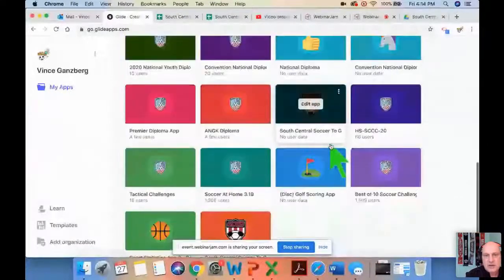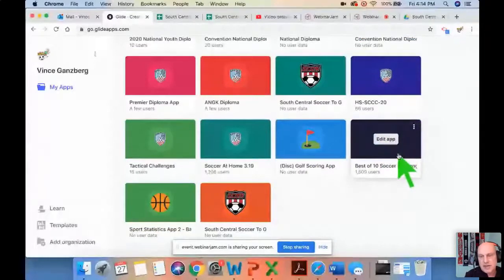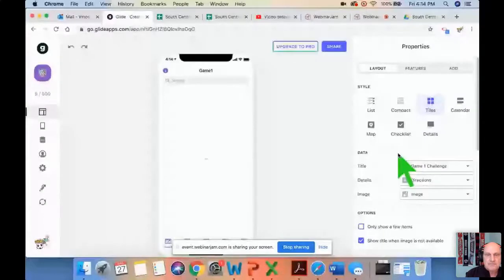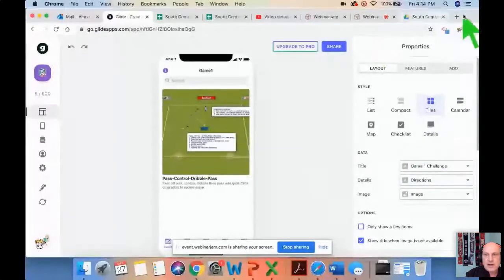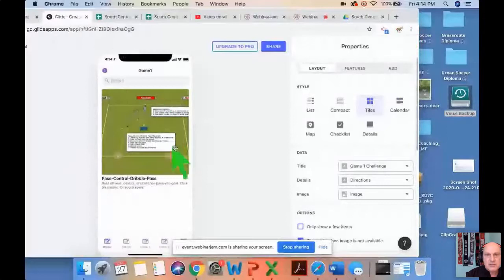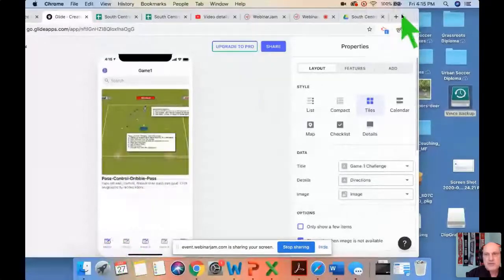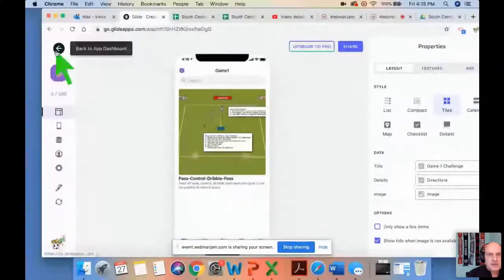let's say, well, just for the sake of this one, so I made this one last week, the Best of 10 Soccer Challenge. So I just put in, and by the way, this image, I literally just dragged it and I dropped it in there. But if you have it on list, it'll look completely different. So I chose tiles for this because I wanted the graphic to show up of what I want the kids to do. So I made that one. So that's one for the kids. And then I'll show you one that I make for the